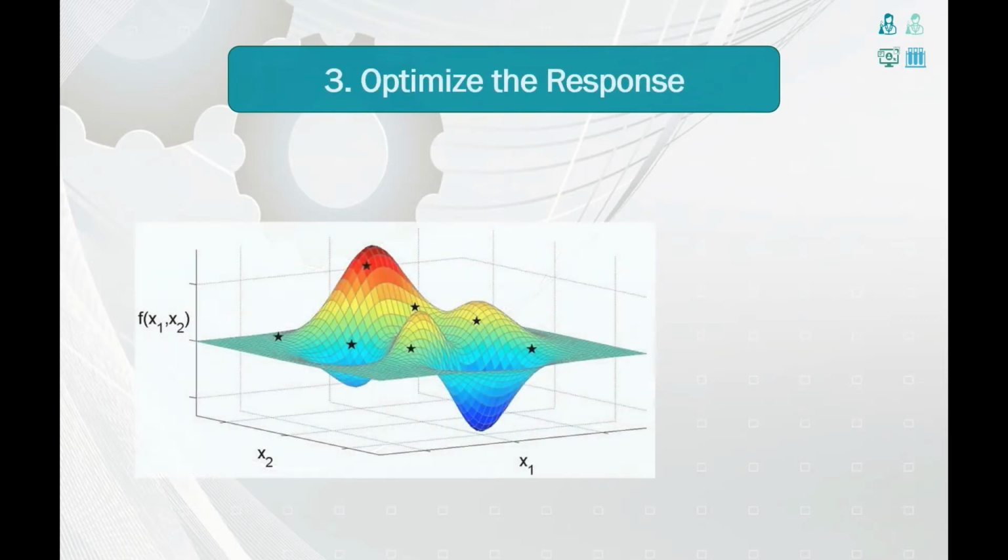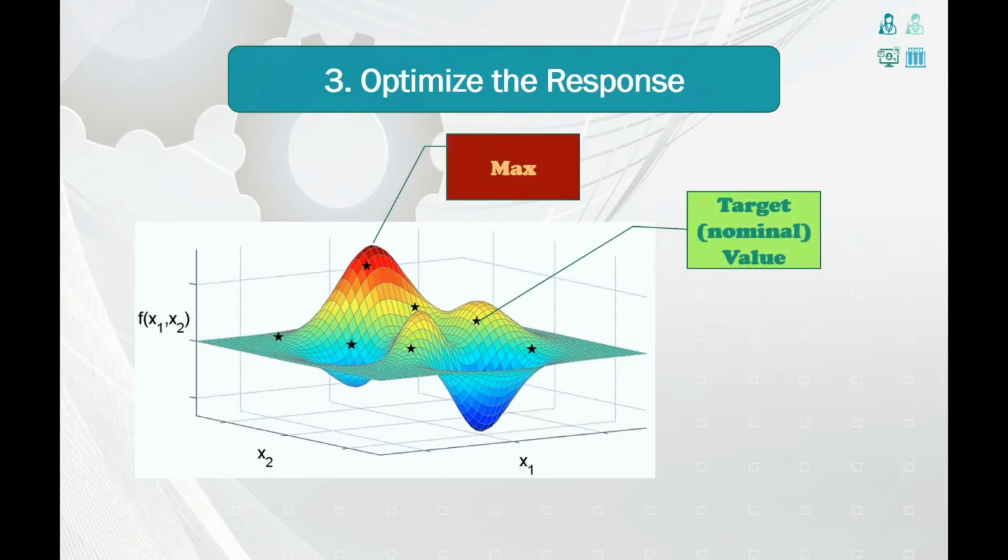Third, the experimenter can determine the level at which the process should operate in order to optimize the response. A mathematical model formed out of experimental data can be manipulated to find the input levels or settings that yield the best available output. The optimization of a process is a very common objective to set, and one that can be effectively accomplished by analyzing experimental results.